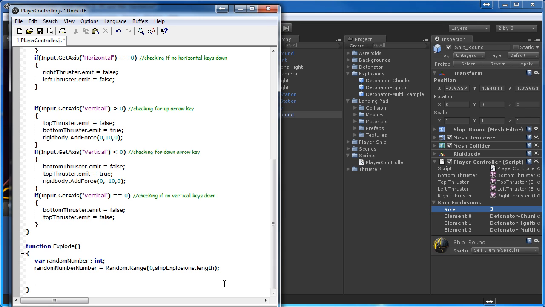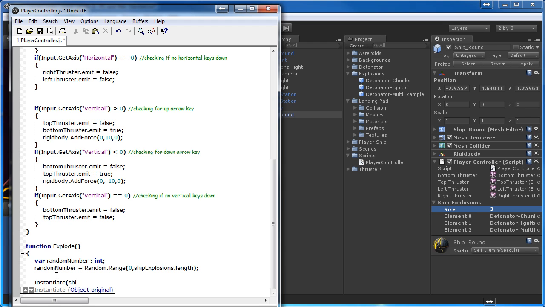So we have a random number. Now what are we actually going to do with it? Well, first of all, let's name this correctly. That'll be a help. Second of all, we need to use this to get an explosion out of the array. And to do that, as we see here, each of these parts in the array, or pieces, or whatever you want to call it, have this element number, and we can simply call that to create it. So we're going to instantiate the explosion, or spawn it in, and just as it sounds, we do instantiate,